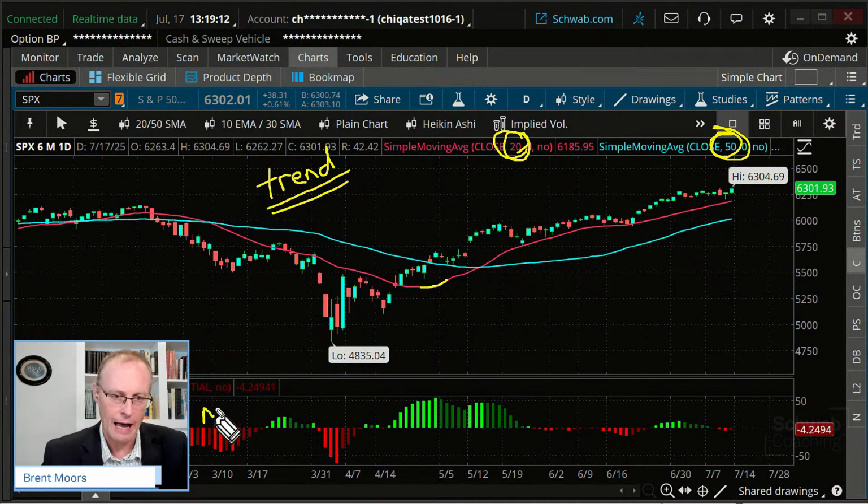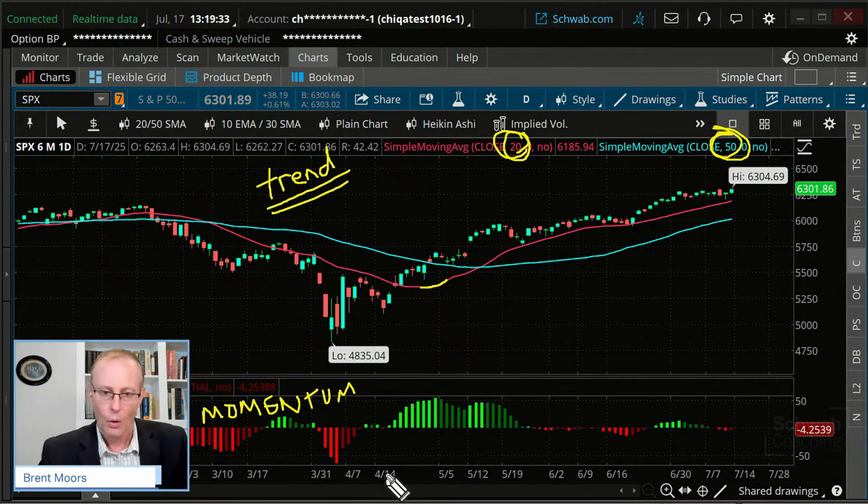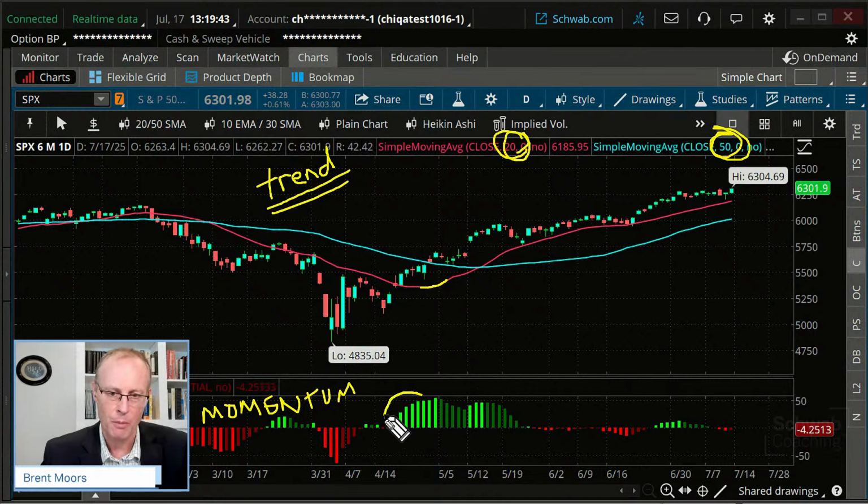And down here, I have another indicator. This indicator is generally referred to as a momentum indicator. Specifically, this is a MACD histogram. I like using MACD histograms often because to me, they're pretty easy to interpret, pretty easy to visualize and see. When the stock has more upward momentum, these bars are getting higher. See that? As the stock has upward momentum, those bars are getting higher.